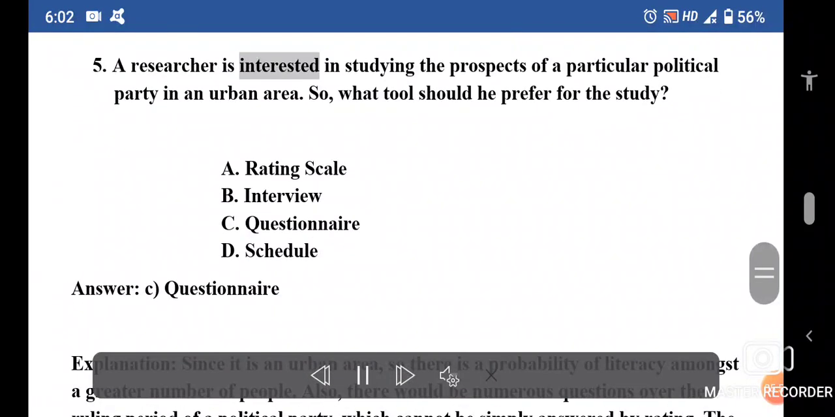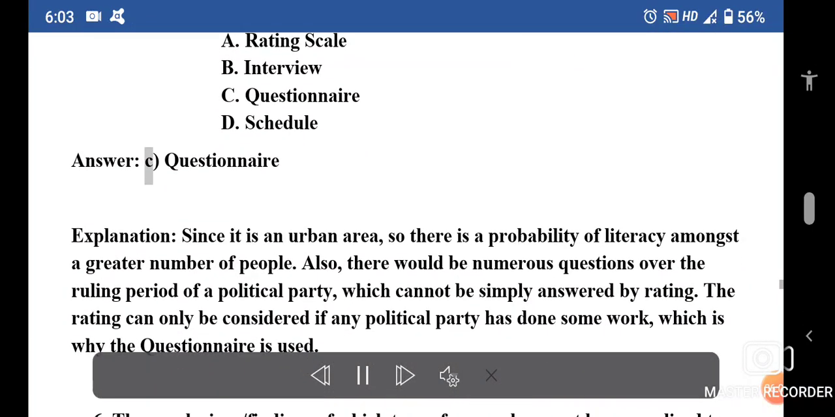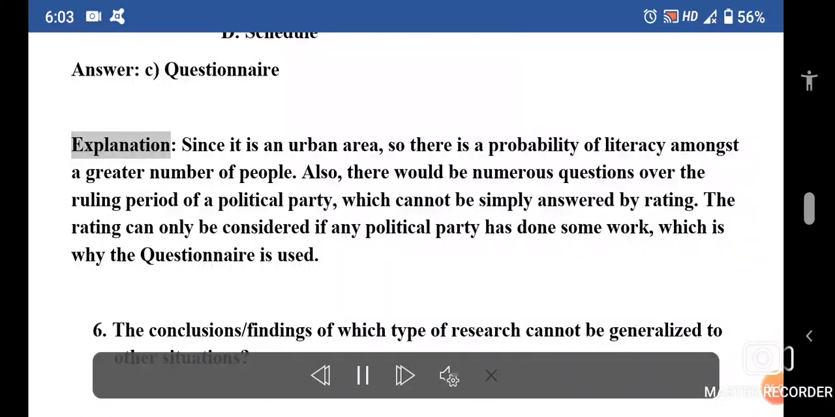A researcher is interested in studying the prospects of a particular political party in an urban area. So, what tool should he prefer for the study? Rating scale, interview, questionnaire, schedule. Answer C. Questionnaire. Explanation: since it is an urban area, there is a probability of literacy amongst a greater